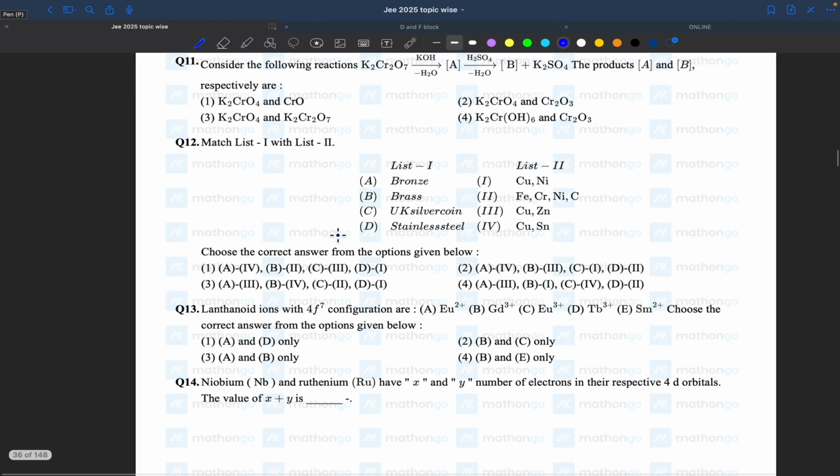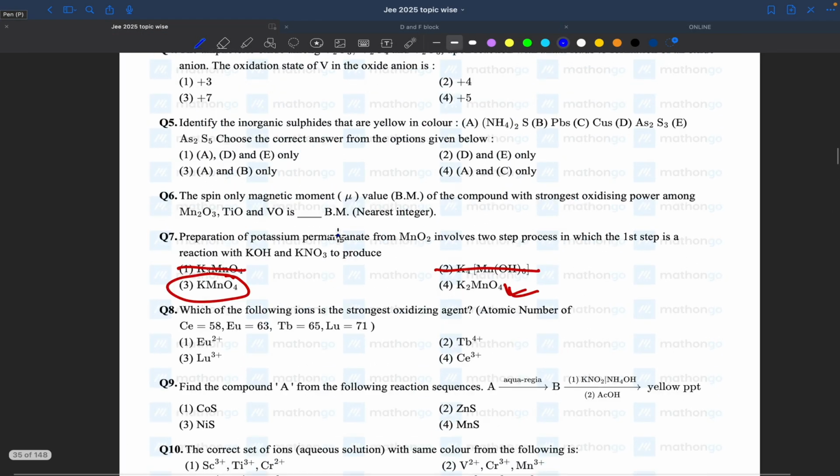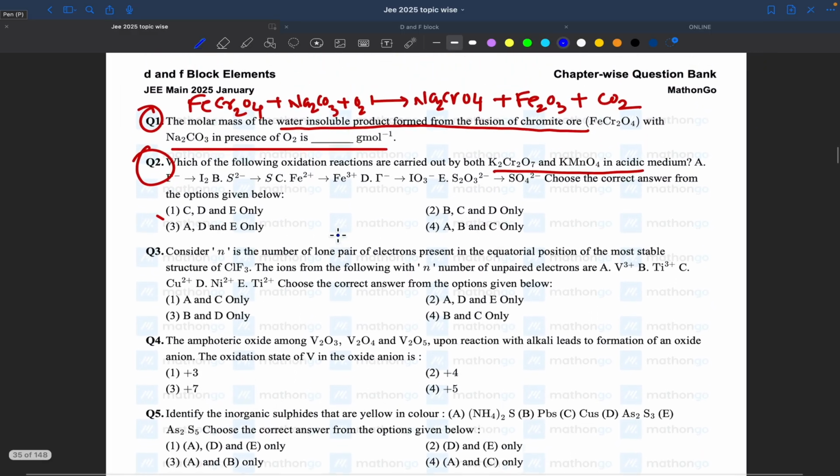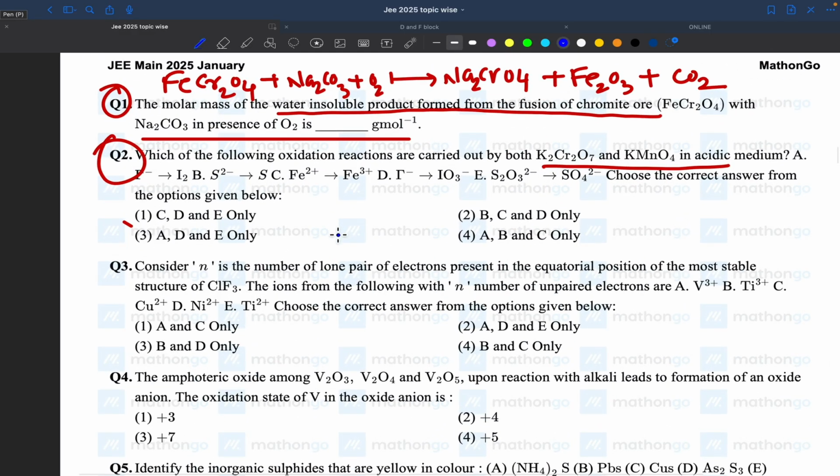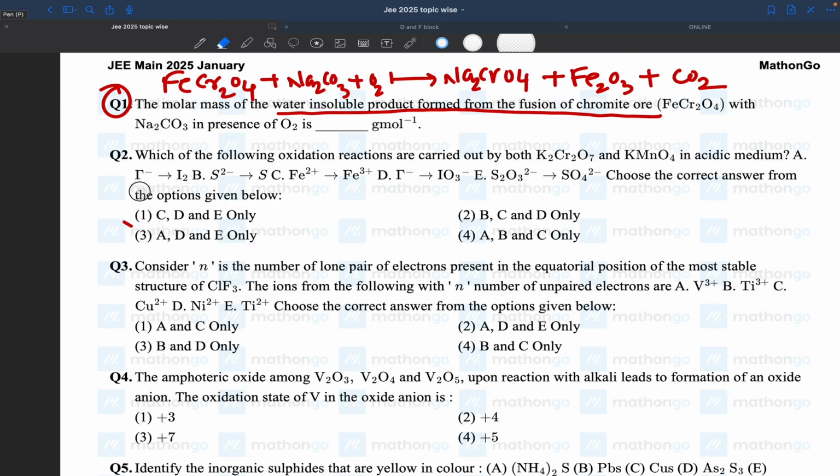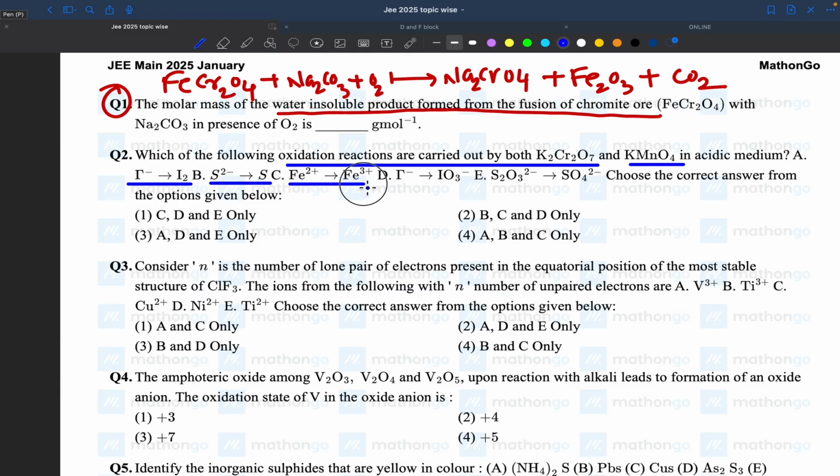Now you have to attempt this question. Second question you have to attempt. సెకండ్ క్వశ్చన్ అటెంప్ట్ చేయండి అమ్మా, ఇప్పుడు చూసినటువంటి దాంట్లోనే. విచ్ ఆఫ్ ద ఫాలోయింగ్ ఆక్సిడేషన్ రియాక్షన్స్ ఆర్ క్యారీడ్ అవుట్ బై బోత్ K2Cr2O7 అండ్ KMnO4 ఇన్ అసిడిక్ మీడియం? రైట్? సో I minus gives you I2, S2 minus gives you S, Fe plus 2 gives you Fe plus 3,